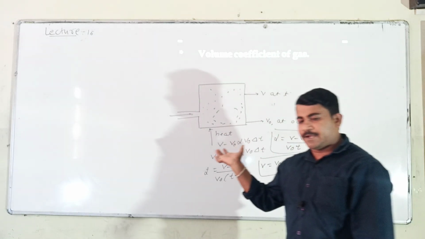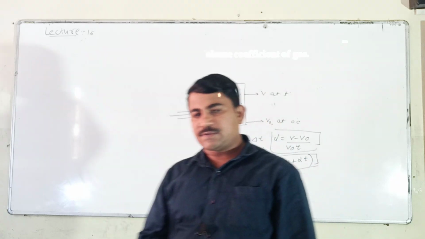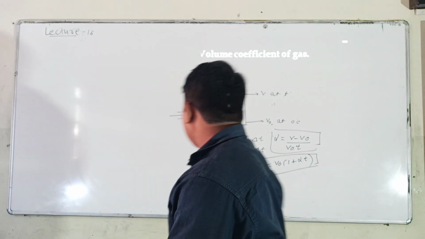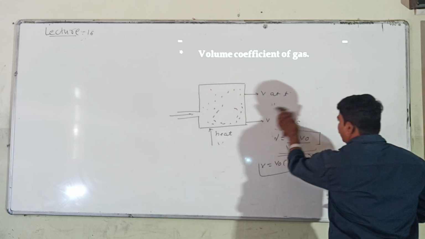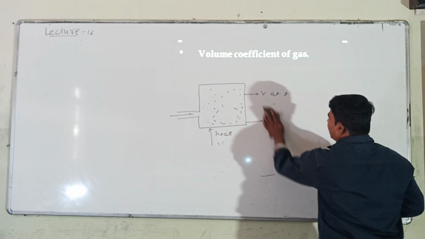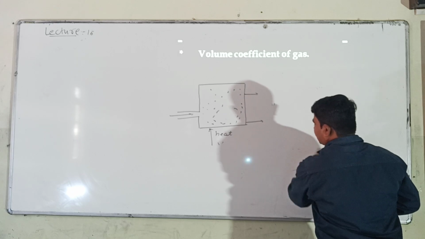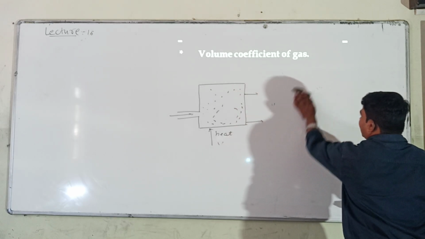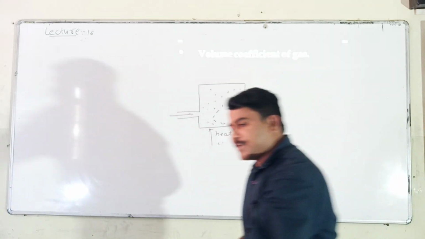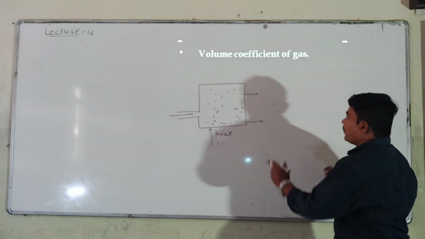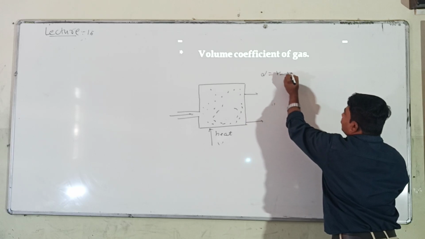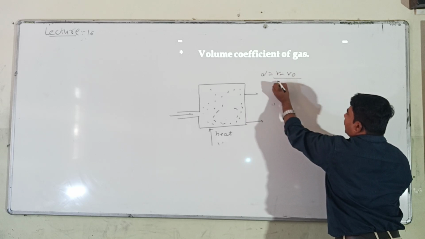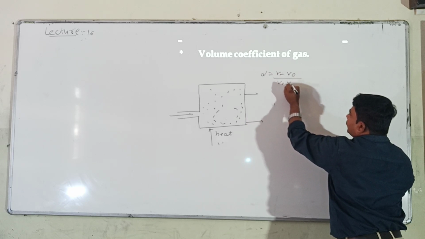Let me write separate values here. For the initial value at 0 degrees Celsius and T degrees Celsius, the volume coefficient of the gas can be represented. Alpha is equal to V minus V0 whole divided by V0 into